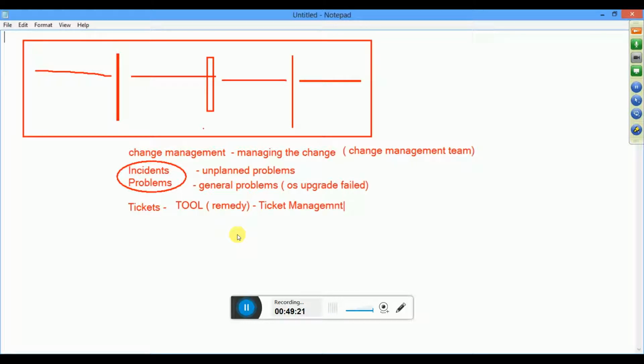Managing tickets means making sure there are no open tickets. When there is a ticket, make sure there is an SLA associated with it. So somebody has to manage all these things. Usually the change management team also takes care of ticket management. So